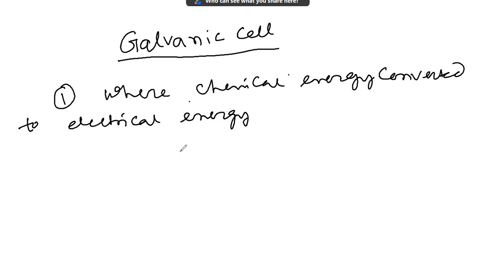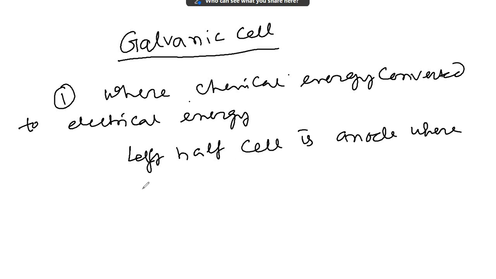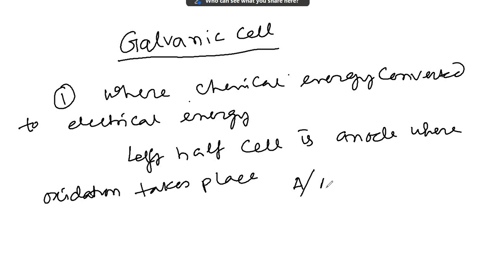Now, a galvanic cell consists of the following parts. It consists of two half cells. The left half cell is the anode, where oxidation takes place. It can be represented as follows: suppose A is a metal dipped into a solution containing its own ion, and it is converted to An+. For example, copper metal dipped into copper sulfate solution,